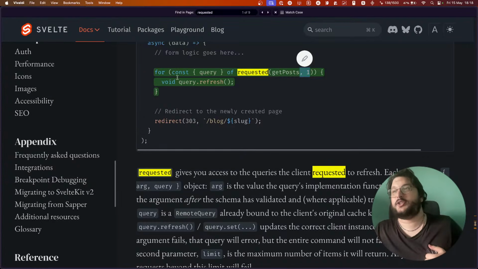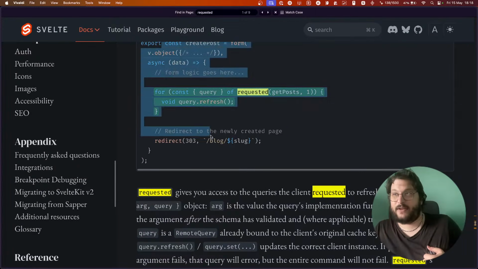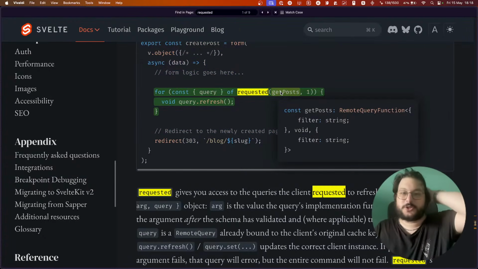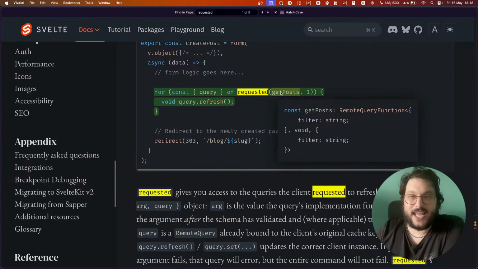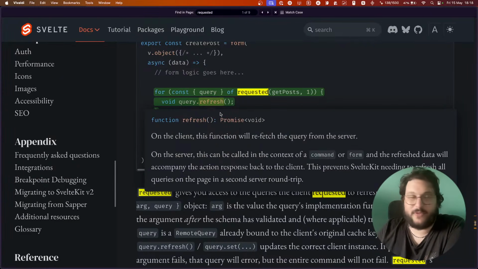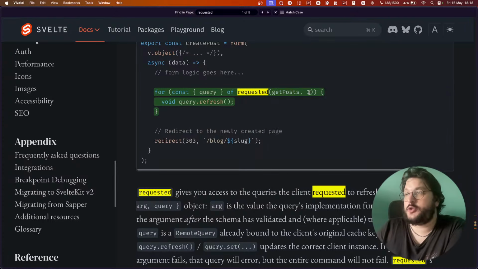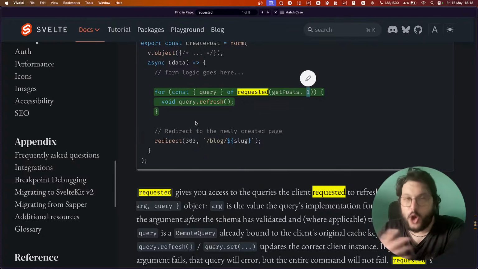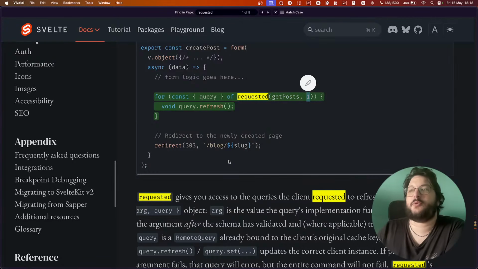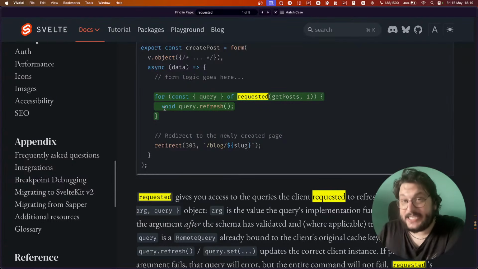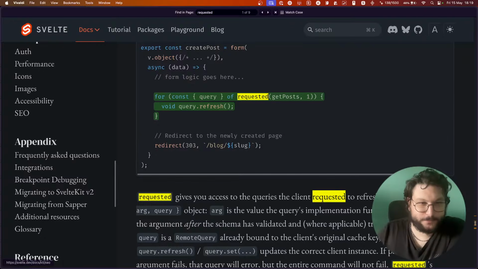They will send a post request to this endpoint with, hey, let me refresh like 1,000 get post, and your server will spend a lot of time refreshing all of them. So to prevent this, you now need to pass a limit. You know how many you are expecting. You know that this will likely request just one. So you can specify the limit here, and this will make sure that no more than that can be requested from the client.